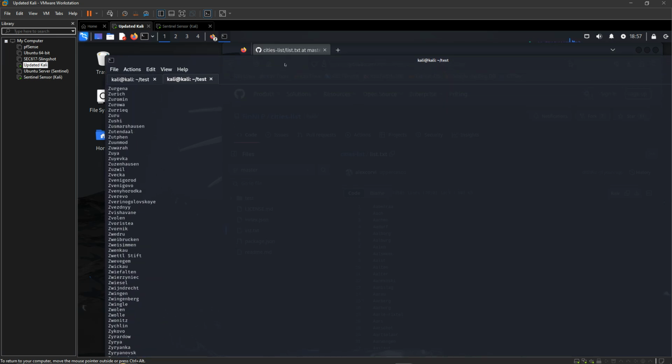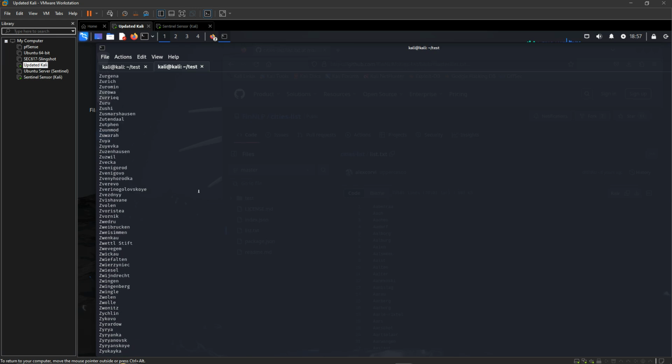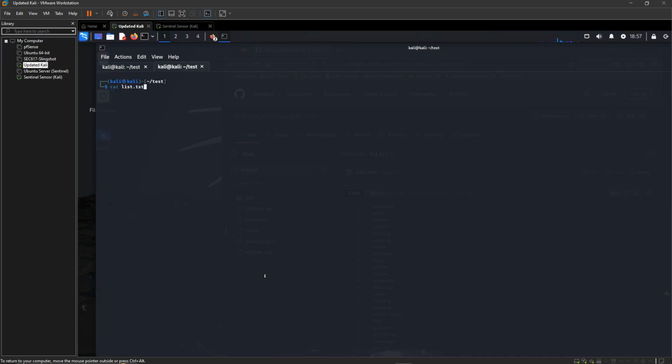Sometimes you don't have the ability to scroll. In this case, we can scroll up and down if we want to, but let's say we want to kind of skim through this without having to scroll up and down. So what we're going to do is use a command called the less command. What this will do is view that file, but with pagination. So we can use